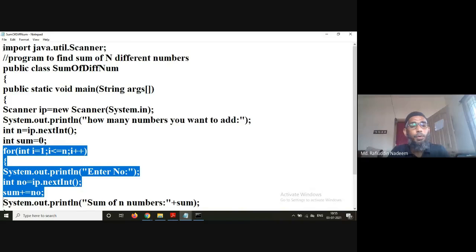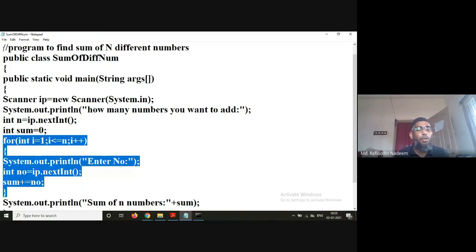This is all the C program. I am not going into the logic here because all the logic you have learned already in C. What we are doing here is you are just entering a number, and immediately the number is added. For example, the first number is entered as 10, then sum plus equals number, means sum is already containing 0, 0 plus 10, 10.